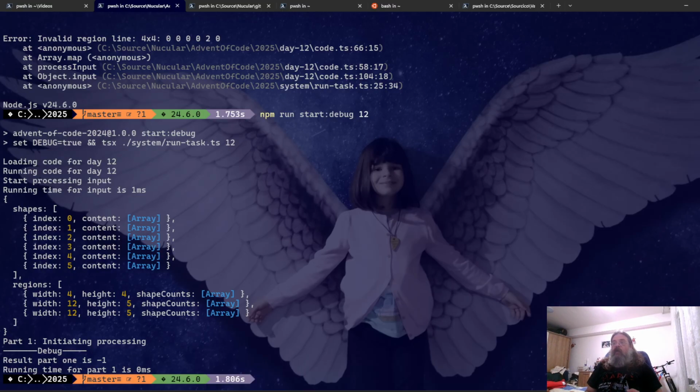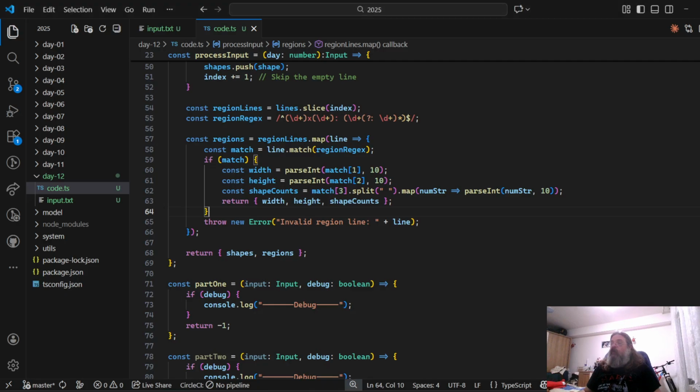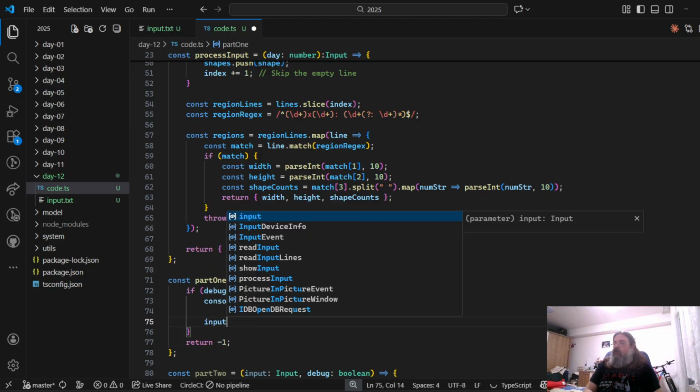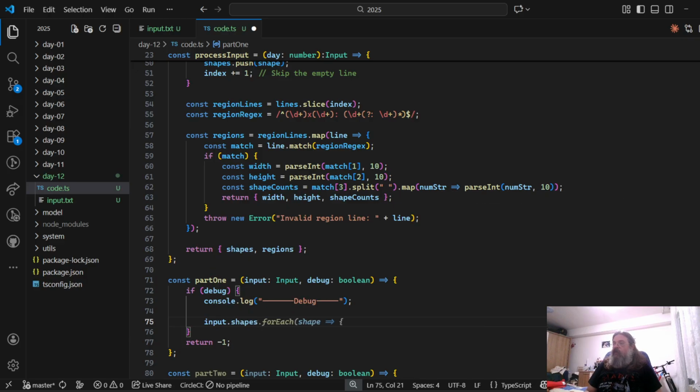So we have our shapes, we have our regions, and we cannot really see the interesting part, that is the shape counts and the content. But the width, the height, and the indexes, all of them were read correctly. So yeah, let's do this. From the input shapes, actually we can do it like this. We have shapes and regions,